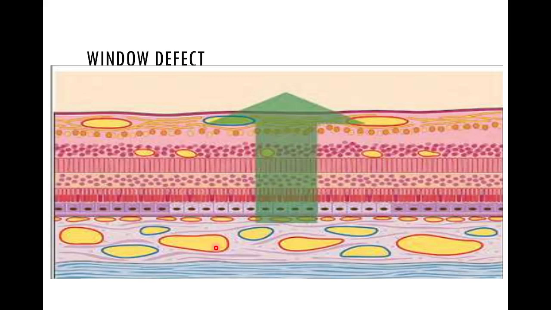So what happens? These are the choroidal vessels. We know that as soon as the dye enters into the choroidal circulation, the dye in the choroidal vessels gets leaked. So it will give the diffuse hyperfluorescence. But what happens if there is a defect in the window? For example, this particular part is open. So as soon as the dye enters into the circulation, the dye may not have entered into the retinal circulation. Still we'll be able to see the hyperfluorescence, because there is a defect in the window here. So we'll see the underlying choroidal hyperfluorescence. That is the window defect.